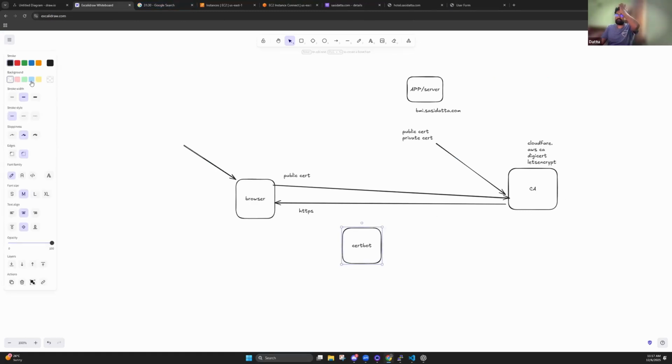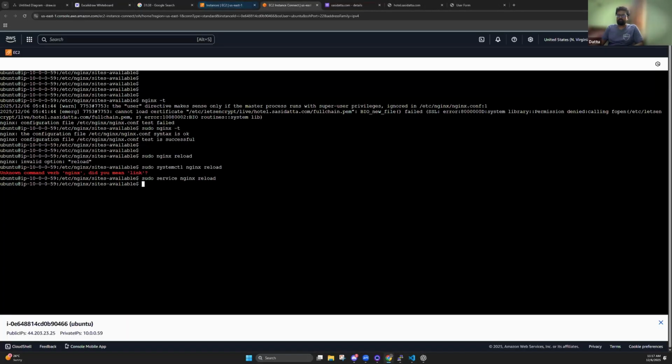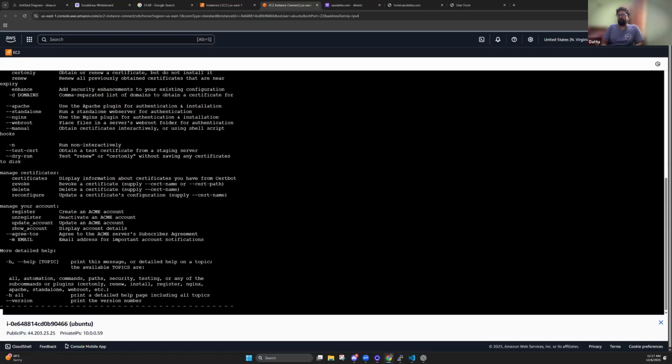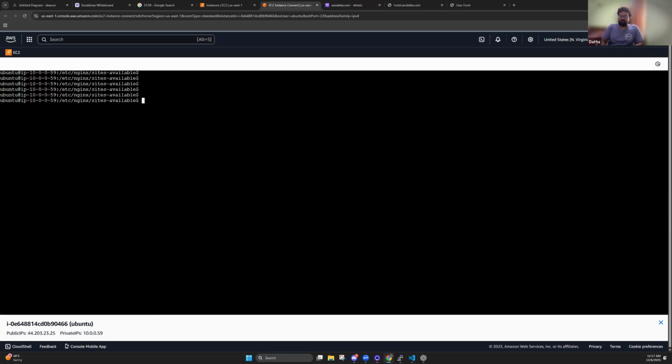So now we'll get our certbot to do the procedure. I have certbot installed, so I can register. What will I do? I'll start with the Nginx. So this is the one. sudo certbot --nginx -d